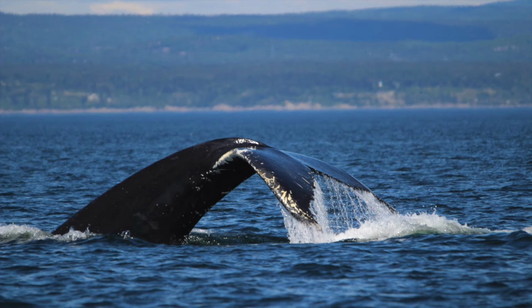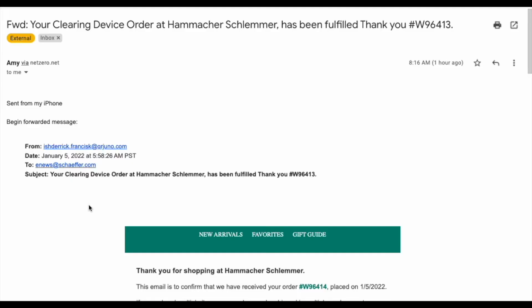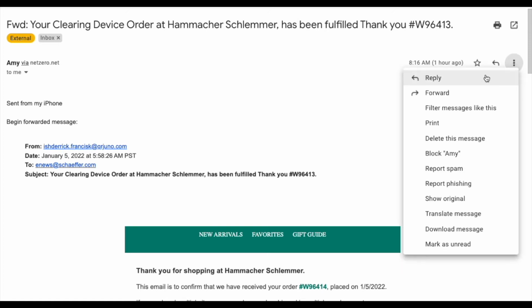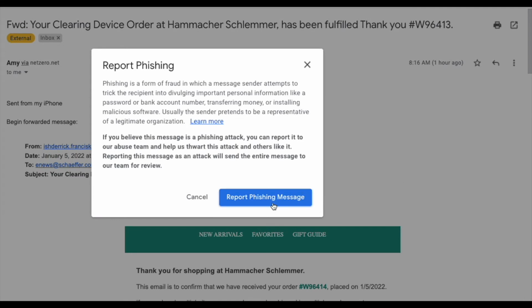It's important to not just recognize these attempts, but to correctly report them. By doing so, you are flagging content for Google to catch and are saving your classmates, colleagues, and even family members from possibly getting the same message, but falling prey to it. It's so easy to report a phishing attempt of any kind. Simply click on the 3 dots to the right of the email and select Report Phishing. That's it. Pro tip, this does not work in their mobile app and must be done in a web browser.